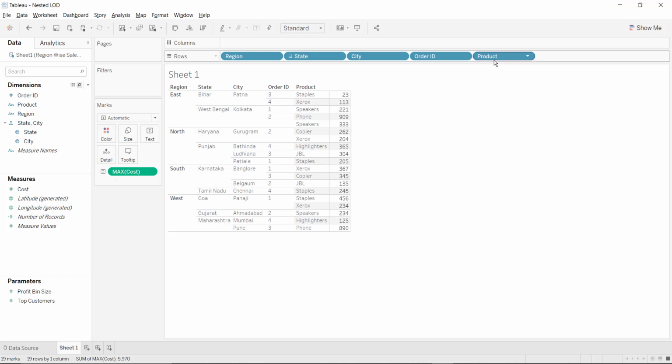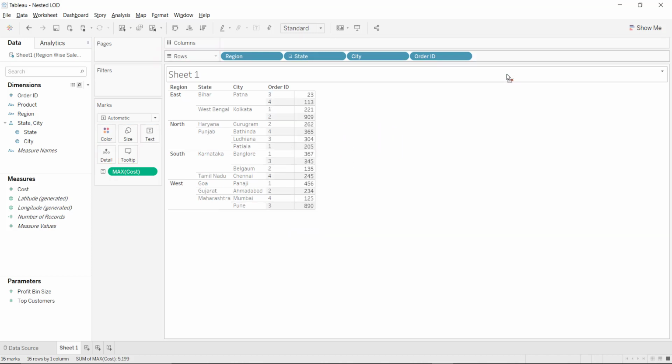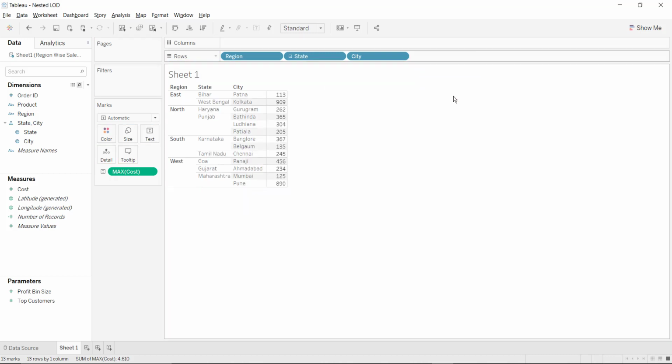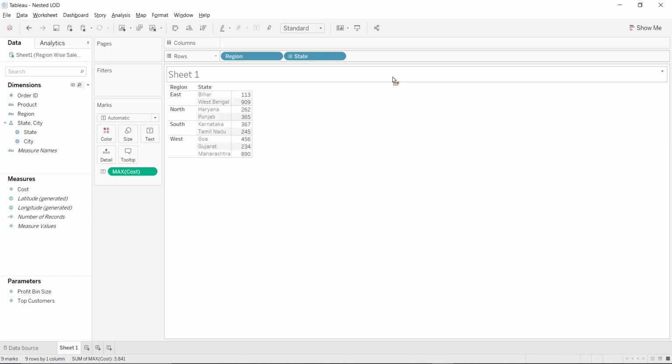Just carefully observe. Even if I remove this, I got 113. And if I remove the city as well, then at the level of state I am getting the max value. But the value that we are getting right now is wrong, and I will tell you why, because this doesn't satisfy the requirement that was said earlier.